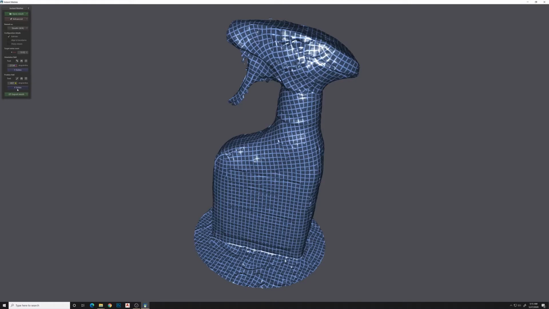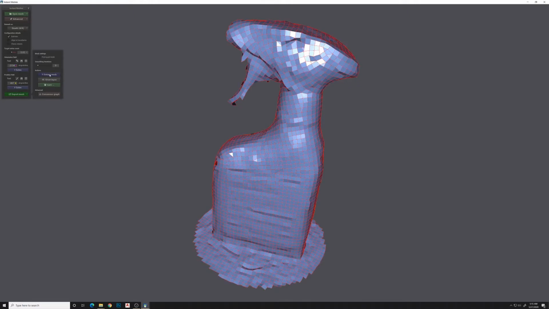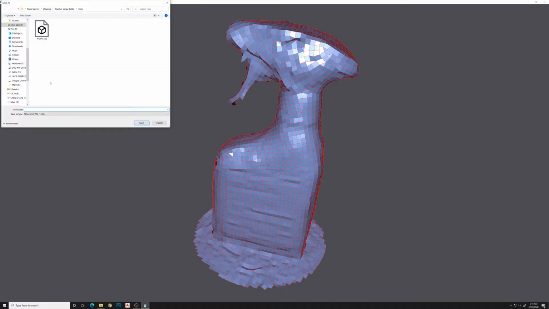And then we will go to export mesh, and we will extract the mesh out of this. Okay, so you see it reduced it greatly from what it once was. There's still some defects, but overall it's a nice little, very simple mesh here. So I'm going to save this as low poly, and you've got to put .obj or it's not going to